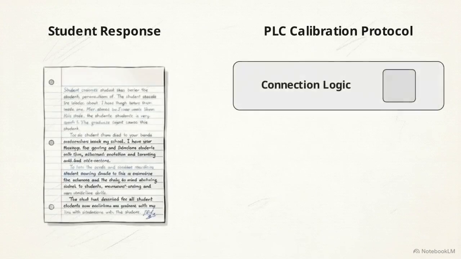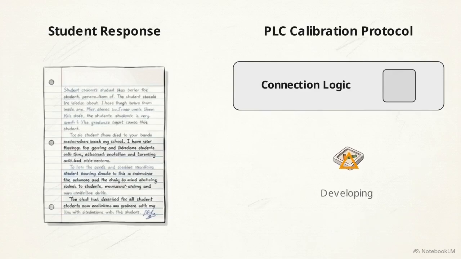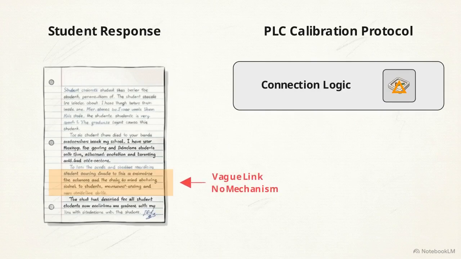We are going to look at a second student's work and grade a single row, connection logic. Pause the video here. Read the response on screen and decide which of the 3 scale symbols applies to their connection logic. The correct code is developing. The student provides a quote, but as highlighted here, only vaguely links it back to the theme without explaining the